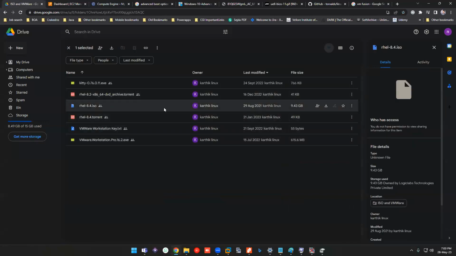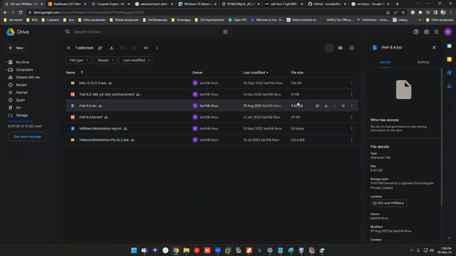So this is your actual operating system. I might have told you before that Linux is lightweight compared to Windows. A Windows operating system would typically be around 3.4 gigs, while Linux, the base operating system, is just 800 MB.